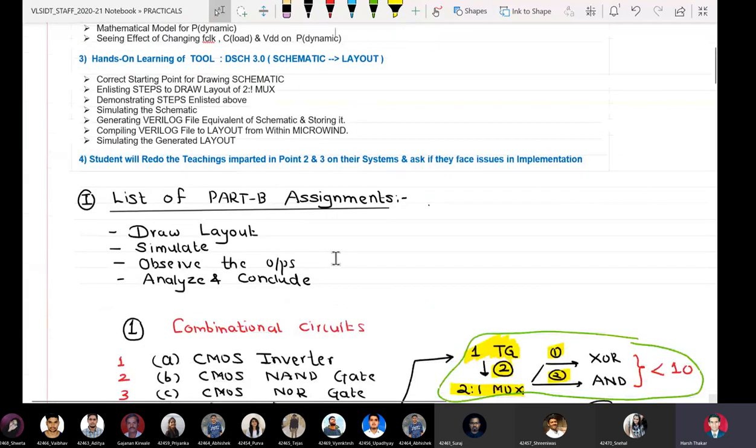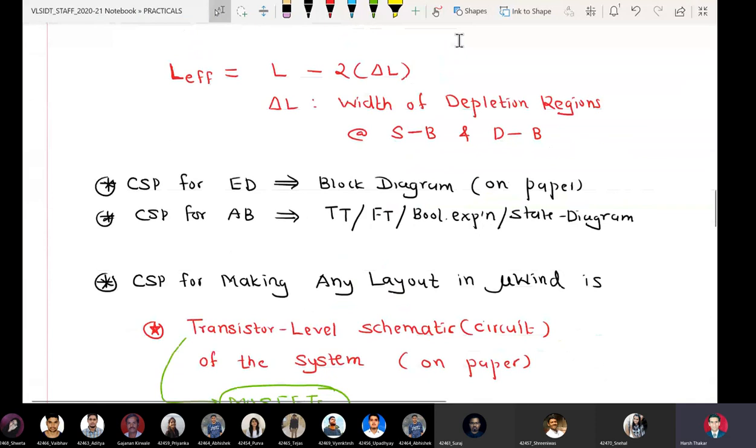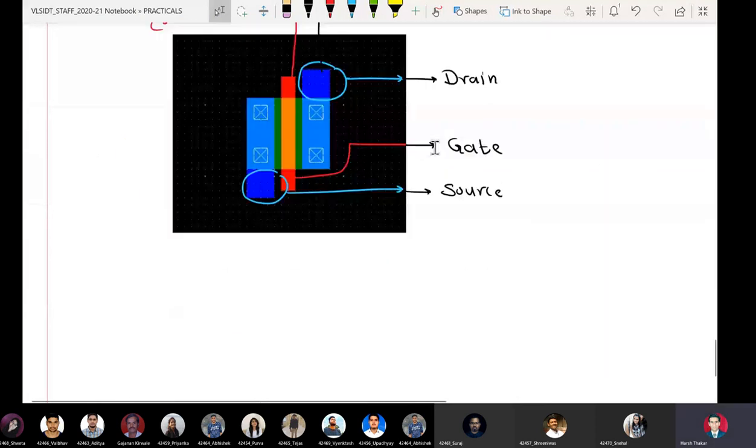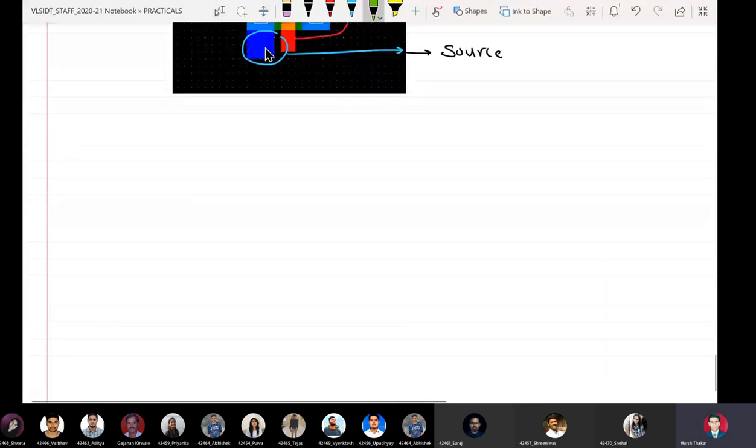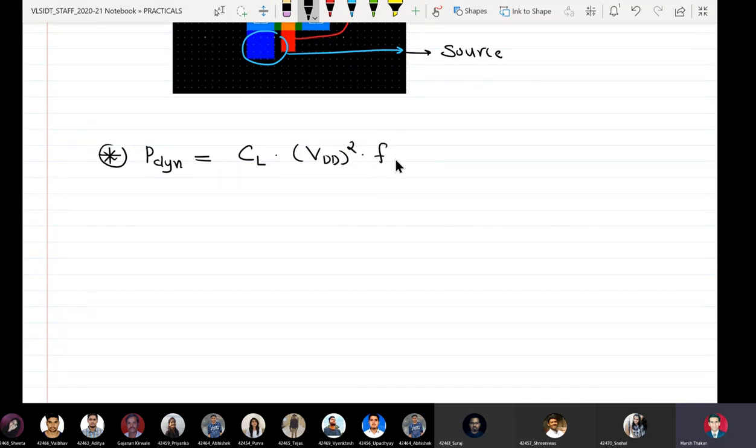Last but not the least, let me write down the formula for dynamic power dissipation of a CMOS system. P dynamic is equal to CL into VDD square into FCLK.